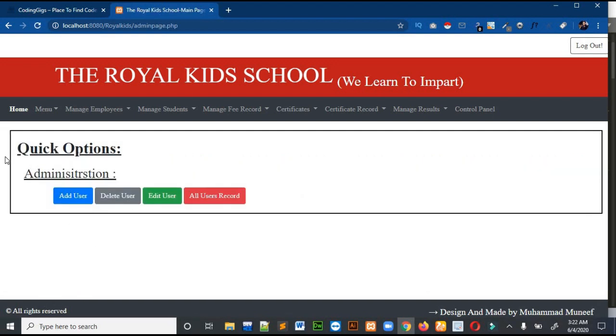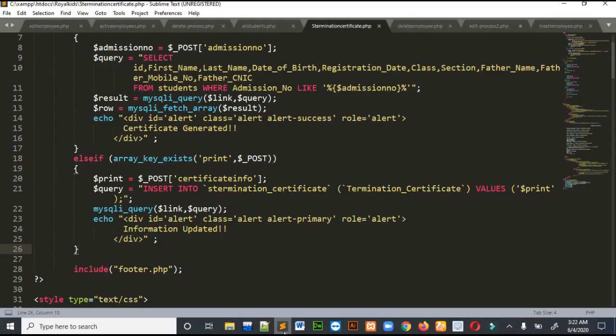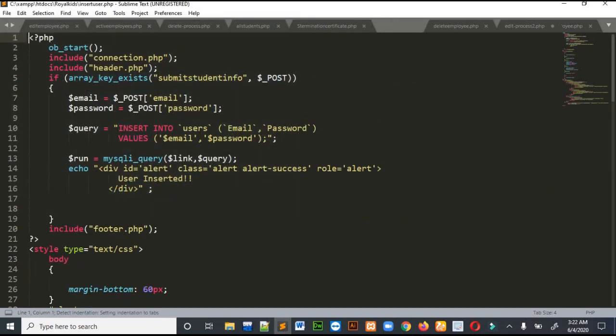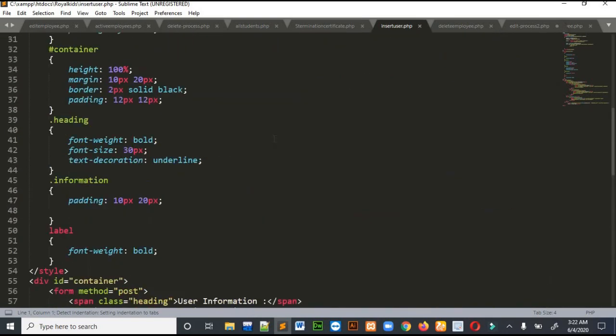I don't think I have to show you the code for this, as all of the code is the same. So let me just show you only the code for add user. Okay, so you can guess that all the code is the same. You can see that this is the code for inserting a user.